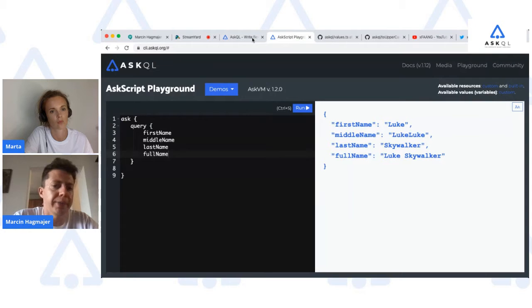Imagine you see the answer that we got on the right side. It uses exactly the same keys you provided: the first name key, middle name key, last name key, full name key. It has all the information that we requested, and the information is keyed with the same keys. There is a way for you to change the keys, actually.